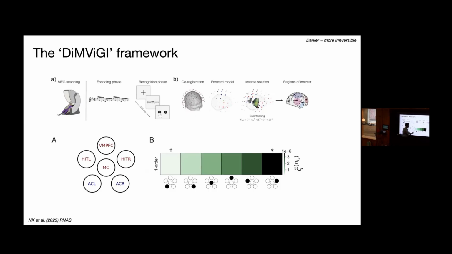So we started off with just individual regions. This is the irreversibility, where darker colors mean more irreversible. The star means number of standard deviations above the mean, and the dagger means below. So at the first level, just single regions, you find that the higher irreversibility is in your processing regions, and the lower irreversibility is in your sensory regions. And then in the middle, it's the medial regions. Okay, but we go through all the levels of interaction.